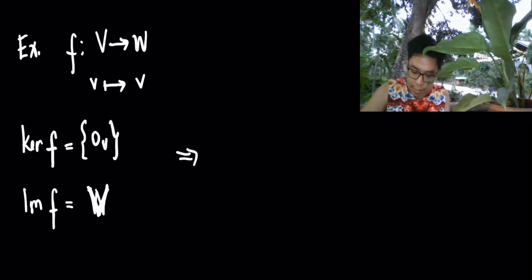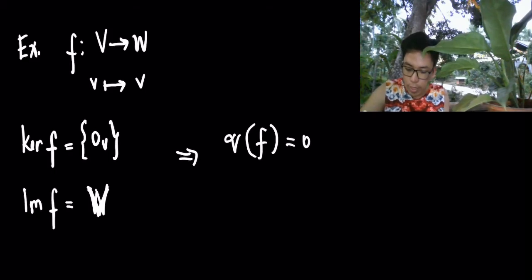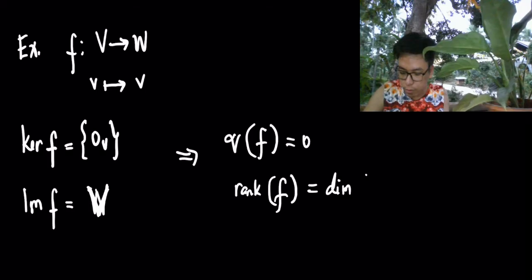Which implies that the nullity of F here is 0. And the rank of F here is the dimension of D. Okay, so another example,